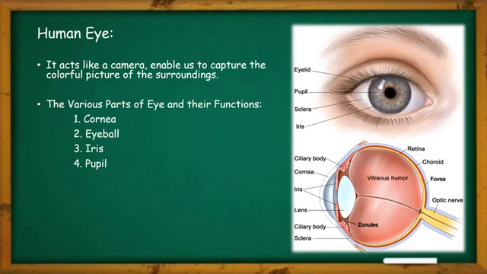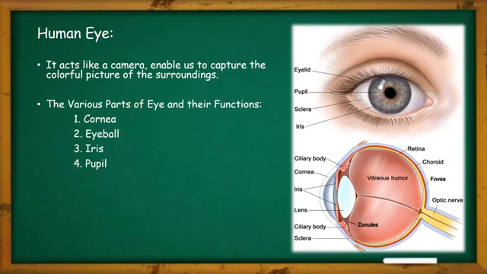So our pupil is very sensitive to bright light, also to dim light. When the light is bright, the iris contracts the pupil so that less light will enter into our eye. When the light is dim, the iris expands the pupil so that more light will enter into our eye. The pupil opens completely when the iris is relaxed.